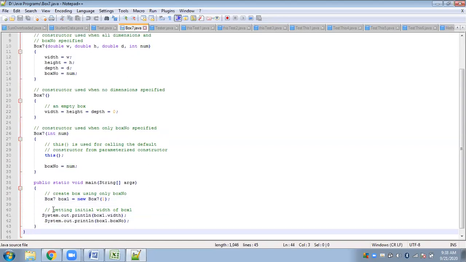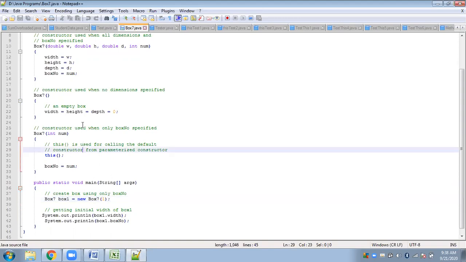So what are we doing here? See, we have created an object of this particular class box. We have used one single class. Yes, you also have to remember that method overloading is done in a single class. We can overload methods of a single class only. Okay, so now you see, here we have declared an object, box 1 of this particular class, and we have passed a value 1. Okay, so looking at this, what do you understand? That that particular constructor will be invoked which uses only 1 argument, and of type integer.